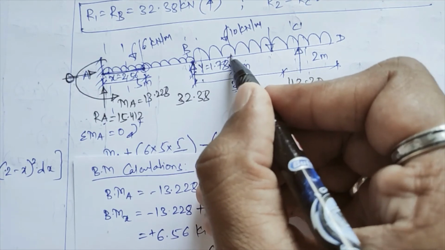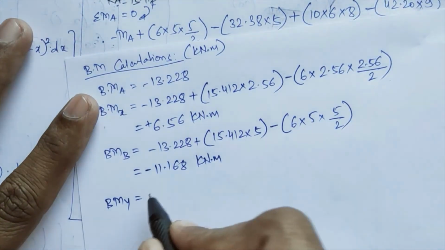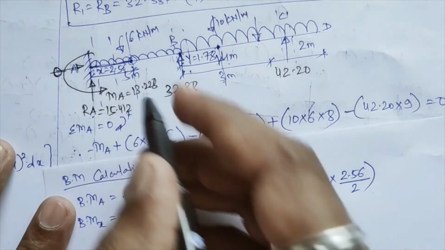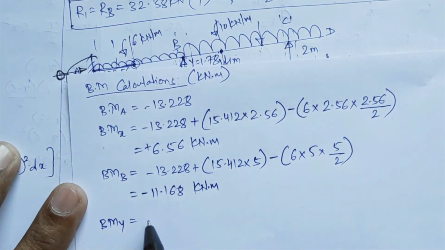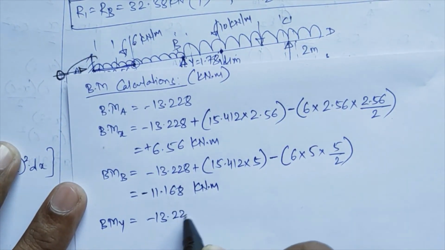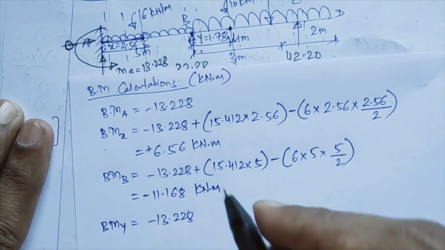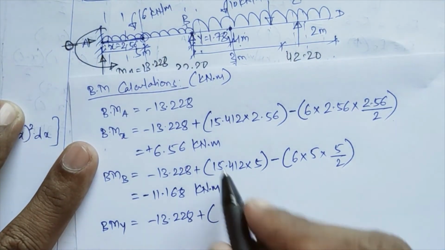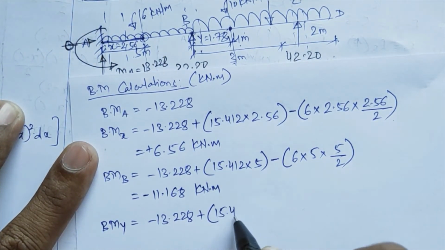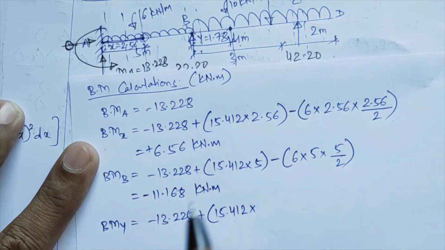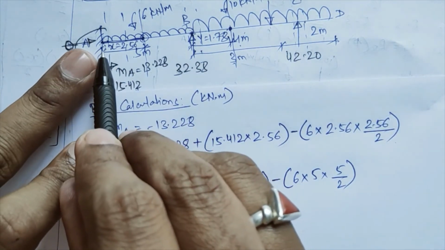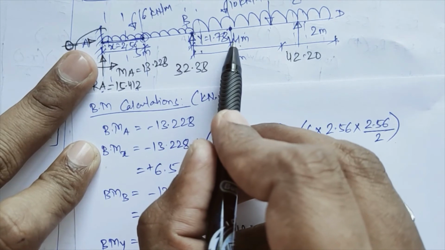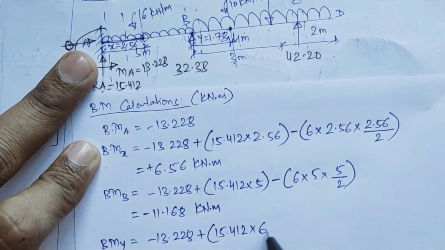Okay, so you have to take moment of all the forces along this section again, right? So moment at Y, first MA, that will be minus 13.228, right, plus moment of RA along that section, that will be a sagging one, so 15.412 into length will be how much, this 5 plus this 1.78, so that will become